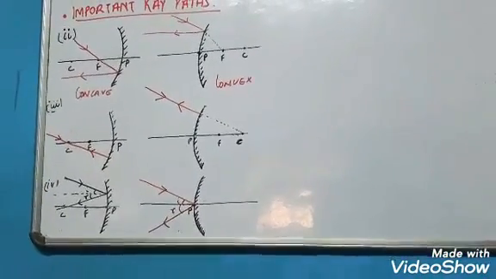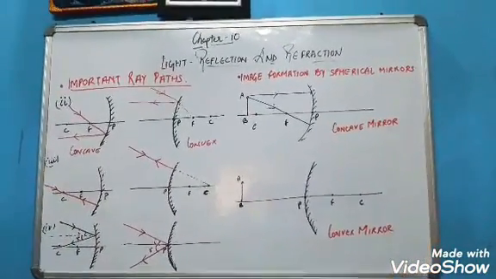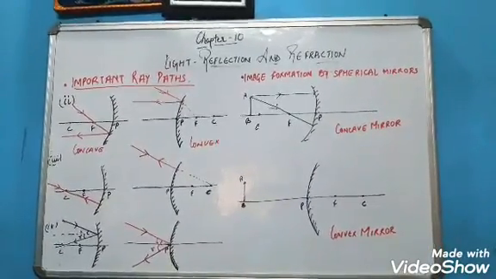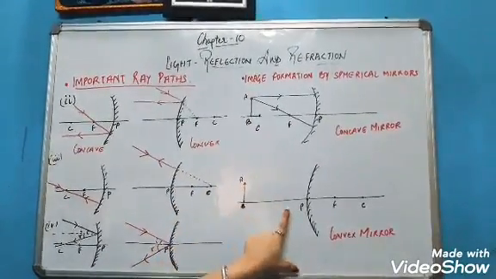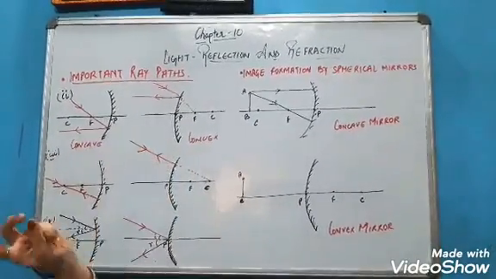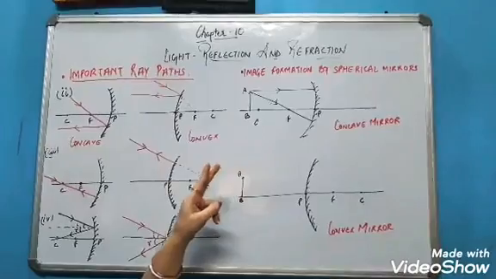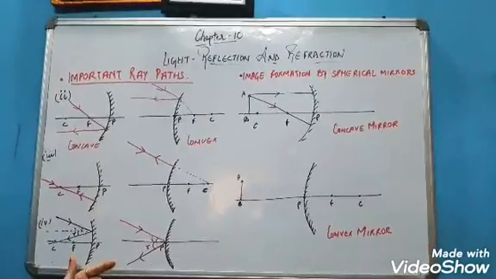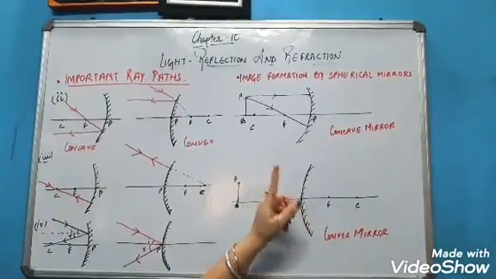Clear? Then we will discuss image formation by spherical mirrors, concave and convex mirrors. How the image is formed by these spherical mirrors. You must keep in mind that the object should be in front of the concave mirror as well as the convex mirror. Front side means it should be the reflecting side. And we will take at least two rays coming from the object to be reflected through the mirror. At least two rays means either of the two ways which you have studied here, the important ray paths. Okay, so in the next video we will discuss image formation by concave mirror and convex mirror.